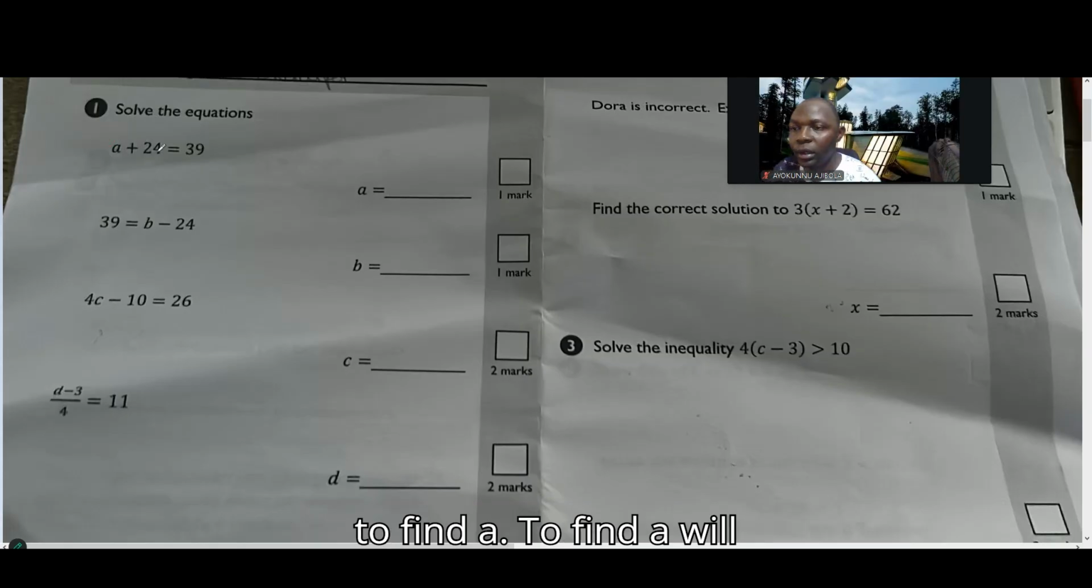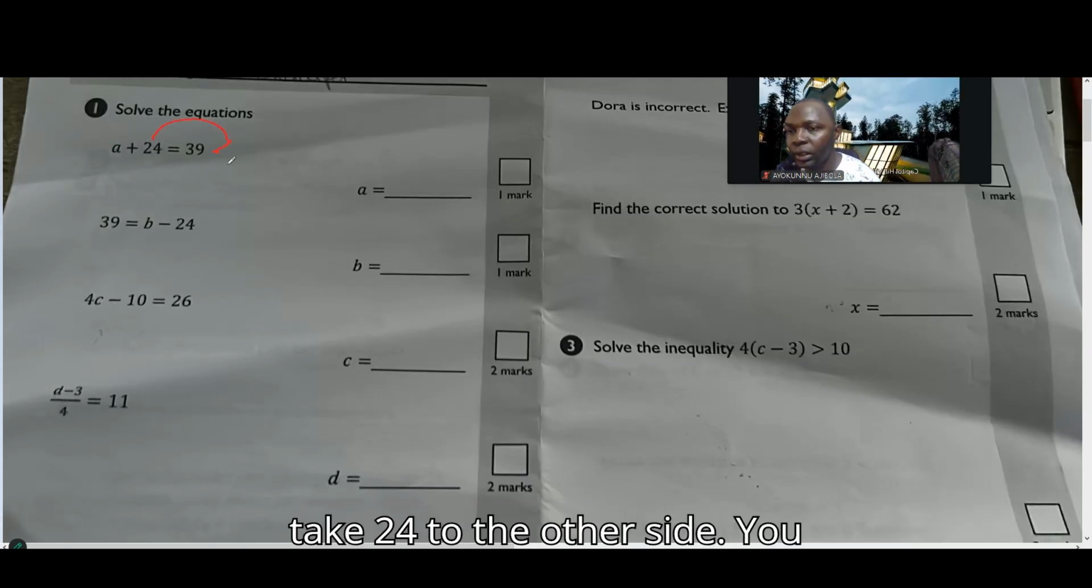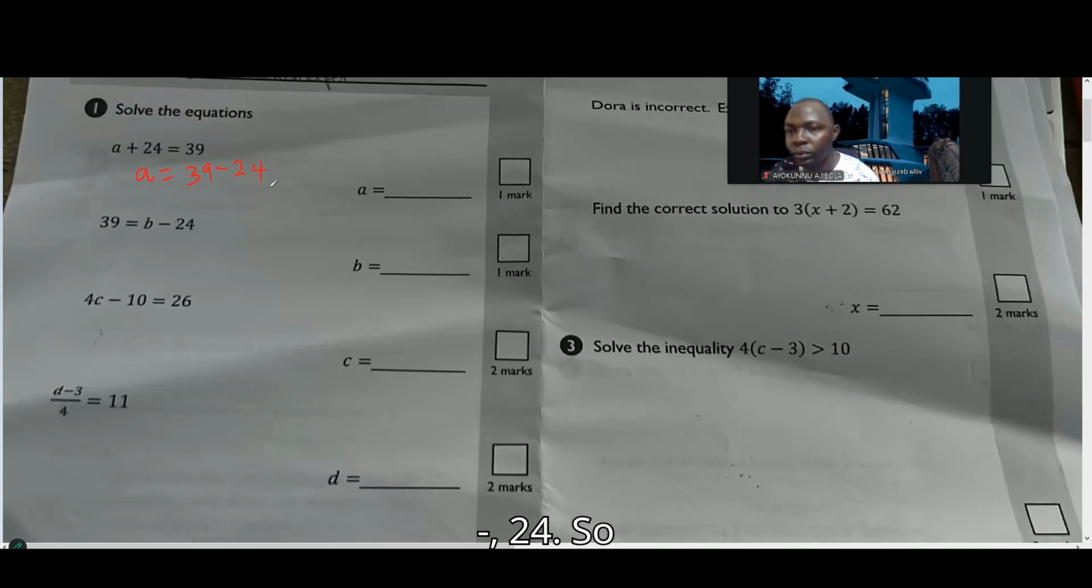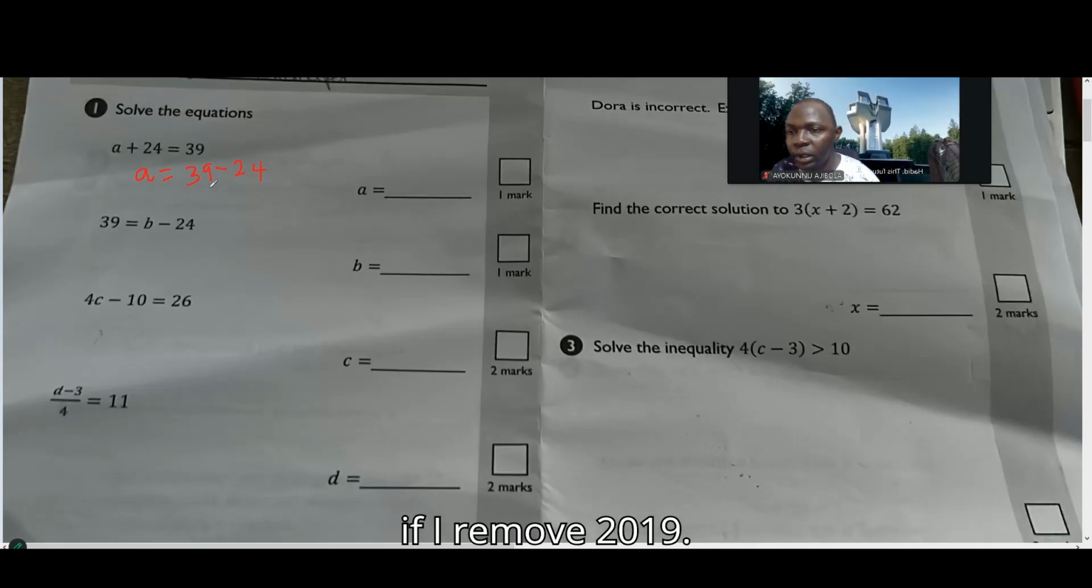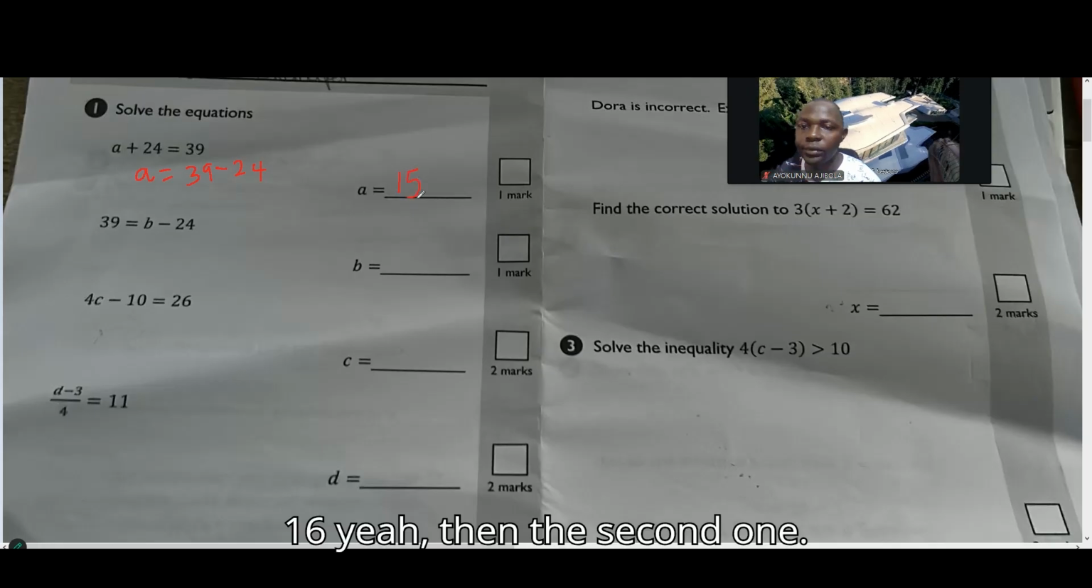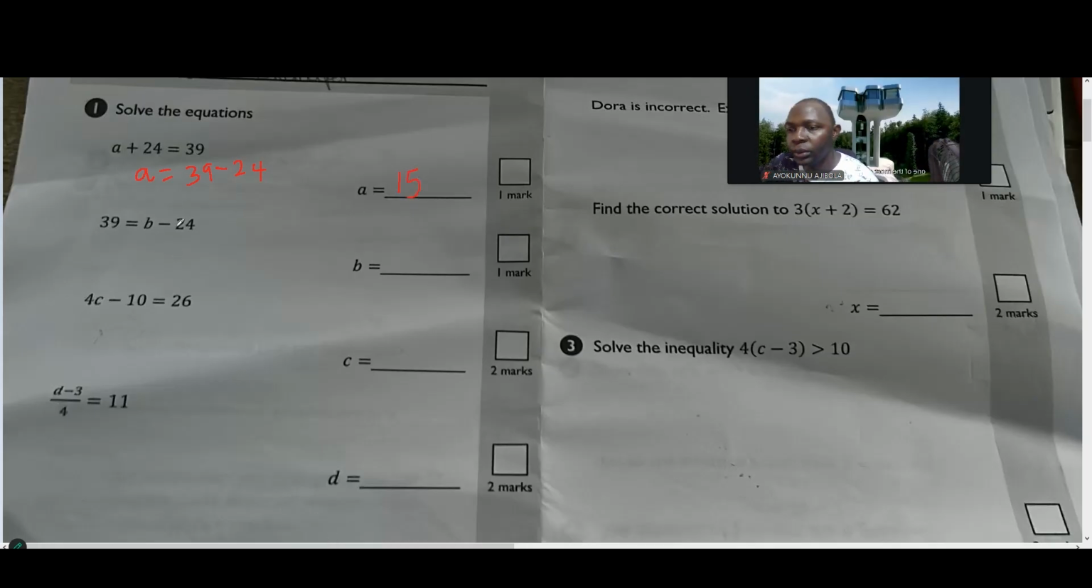To find A, we take 24 to the other side, it becomes minus. So A equals 39 minus 24. So if I remove 20, I get 19. Then minus 4, it should be 15. 15, yeah. Then the second one,